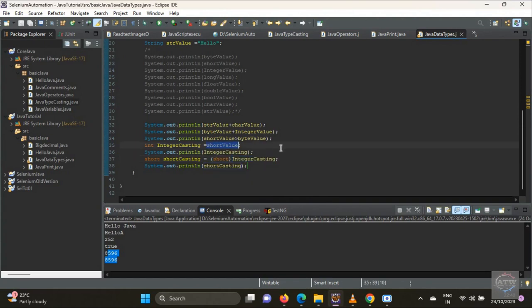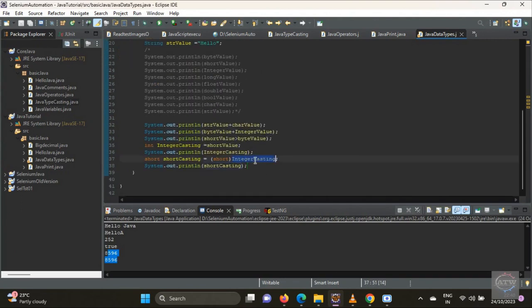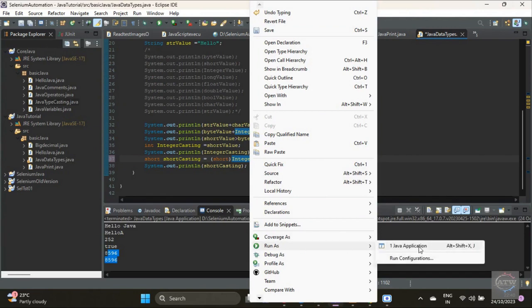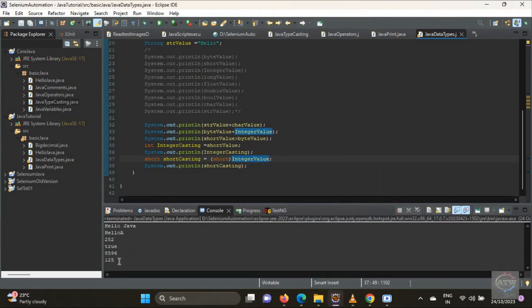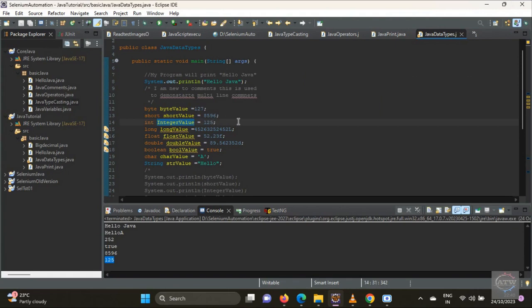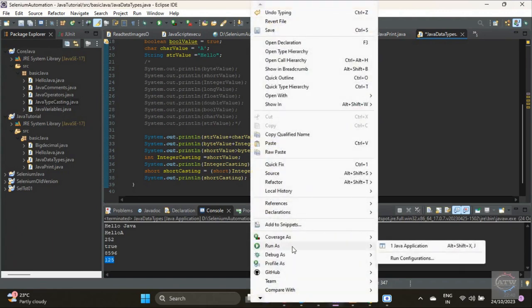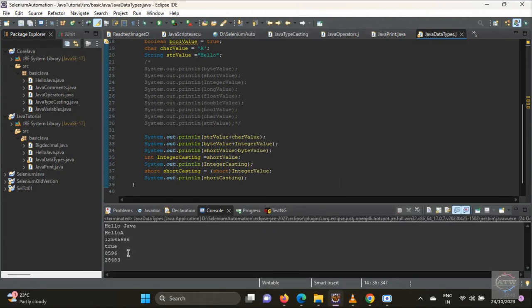Okay, let's put integer. So if you see, it captured the integer value and stored it in the short. But you should make sure the value is something a short can hold. It's very important to wait